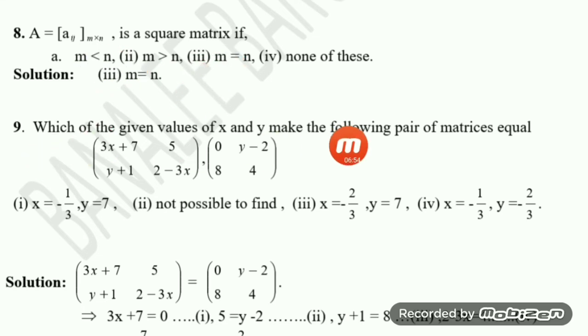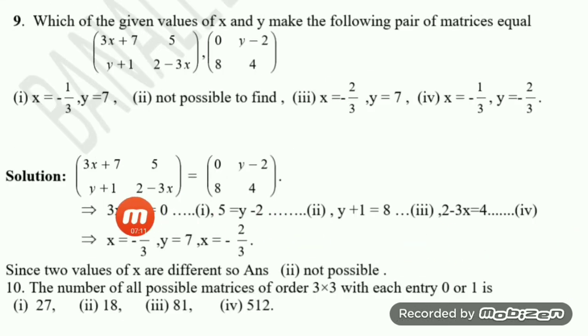After that, question number 4. It is given, which of the following values of x and y makes the following pair of matrices equal. So these are two matrices. It is given when you will have the matrices equal. That means this is equal. When? That you have to find. And after making it equal, we just compare them. We formed 4 equations. Okay. After getting 4 equations, we see solving. If I solve it, from 2 and 3 we'll get y equal to 7. It's okay. But from 1, we get x equal to minus 7 by 3.